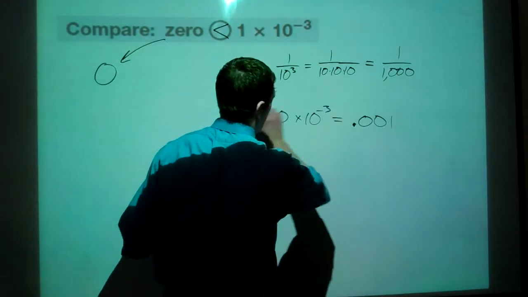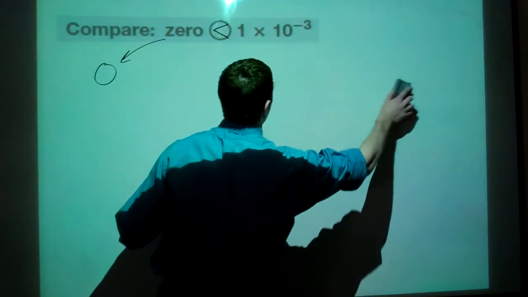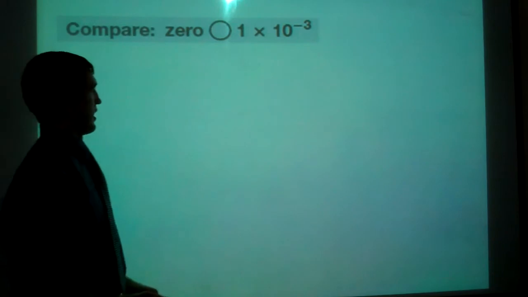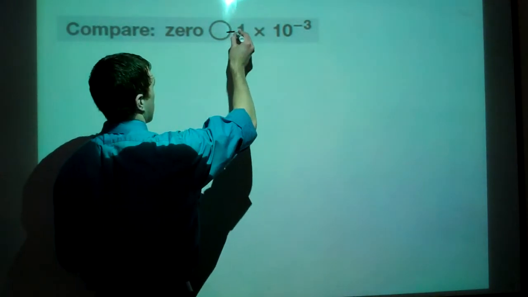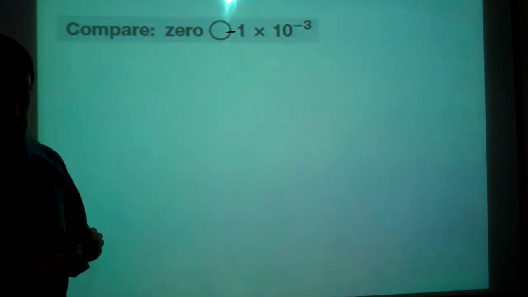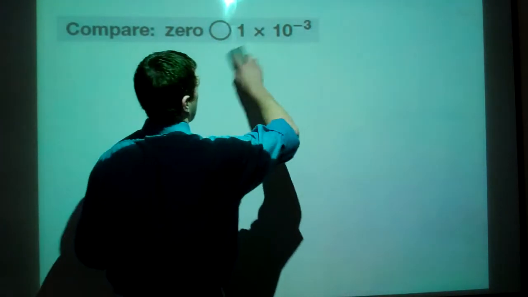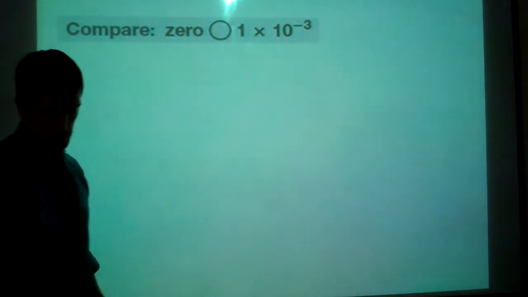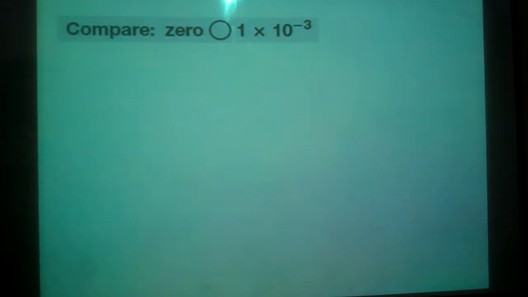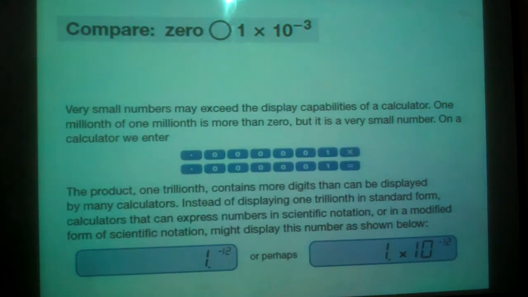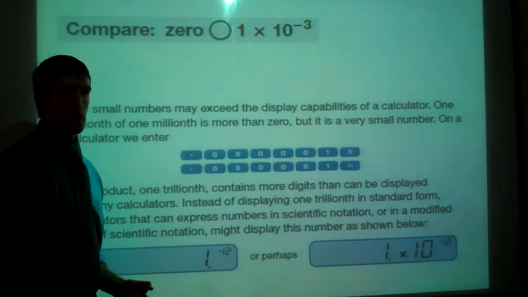Alright, so when you have negative exponents, don't assume that you have a negative number, because a negative number would have had a negative out front of the big number. This just means how many spots your decimal is going to move and whether it's going to be left or right. And just a final reminder that your very small numbers may exceed what your calculator can show you as far as place value, so you might get something like